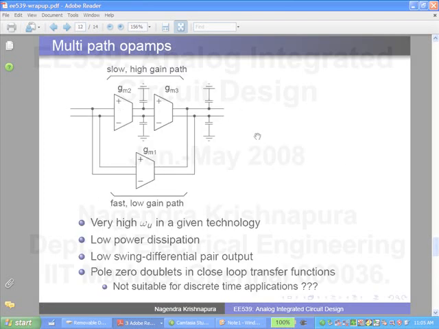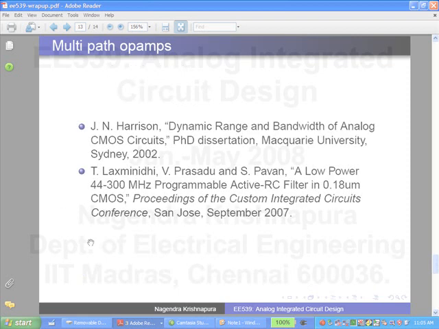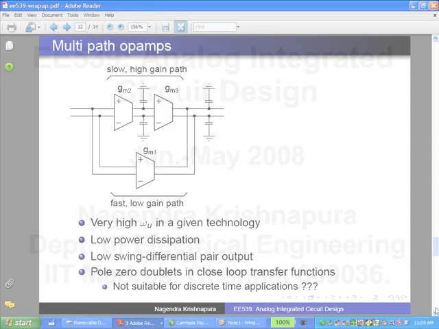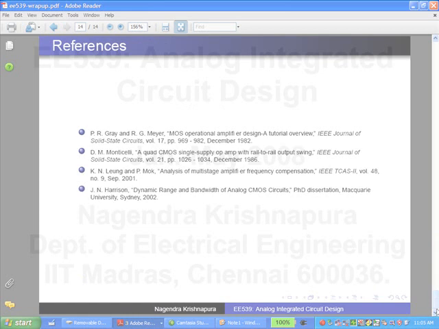And this is a paper that was published recently which uses a similar op-amp. The main problem with this type of op-amp seems to be that you can't design it for high swing. You can design it only for a swing that comes out of a differential pair. So that's it. These are some references. So this is the end of the